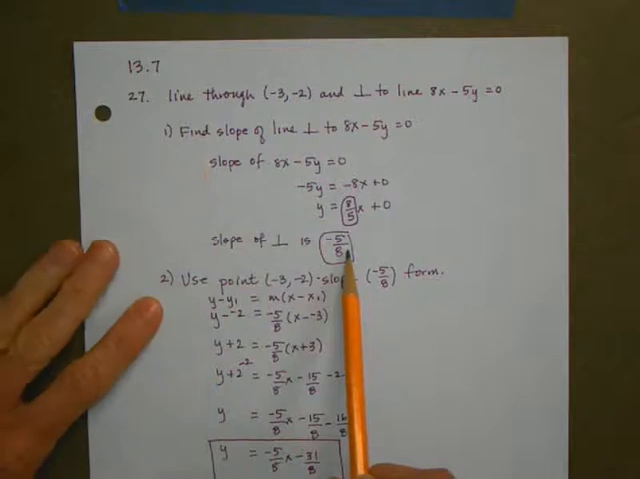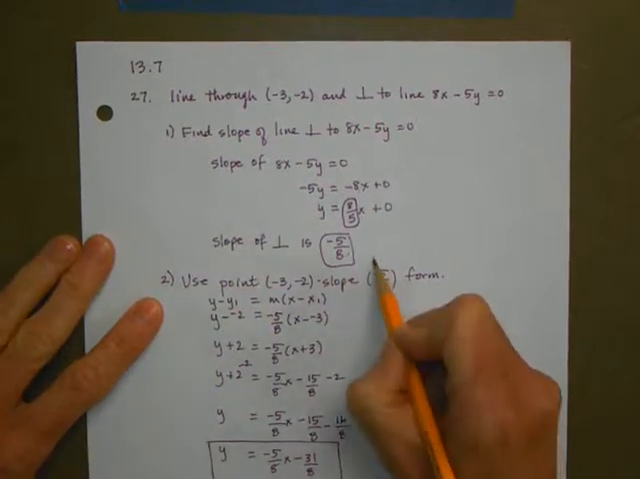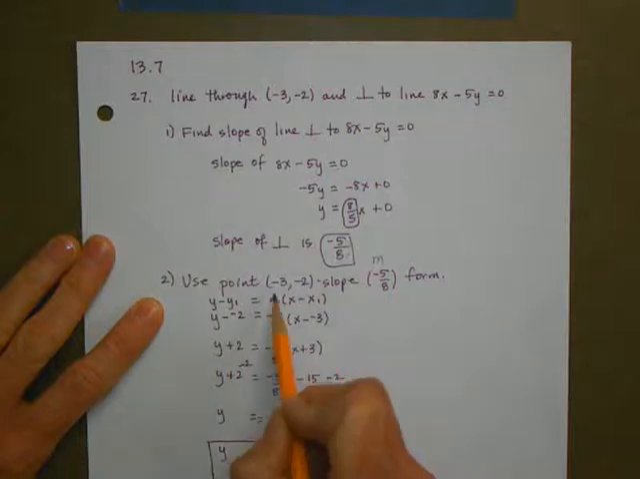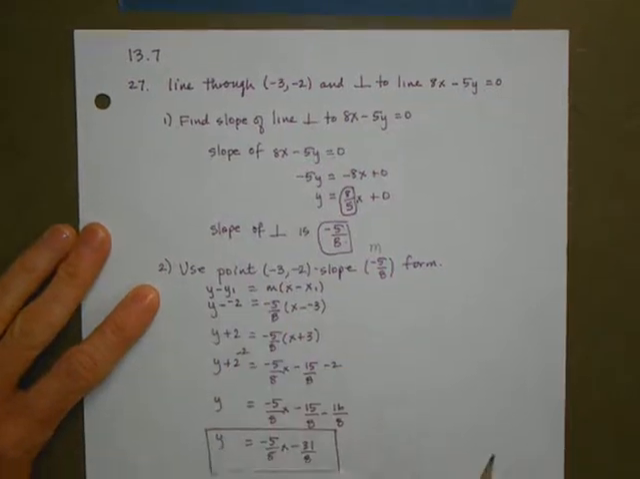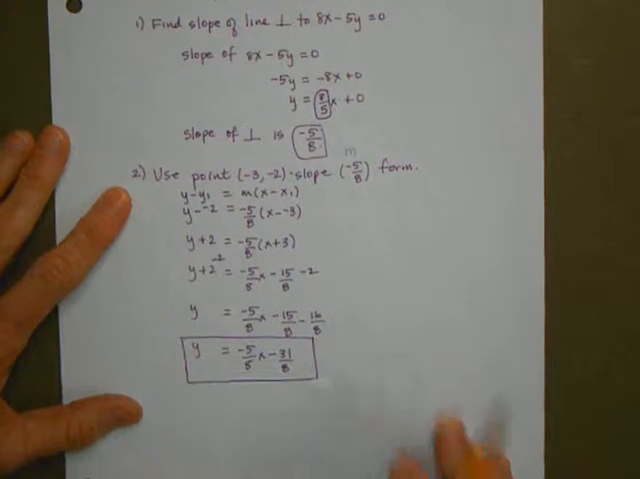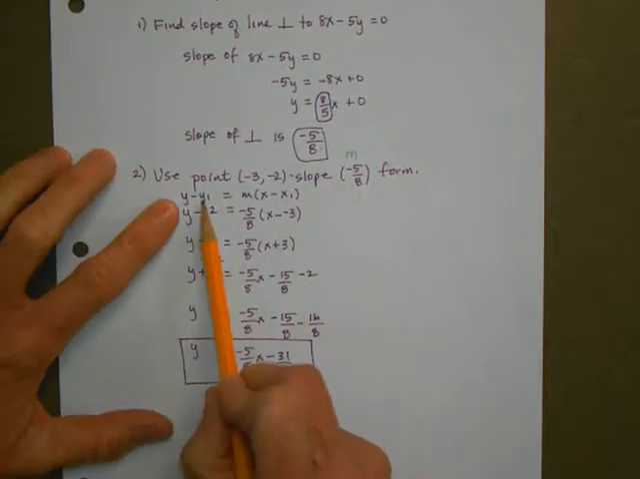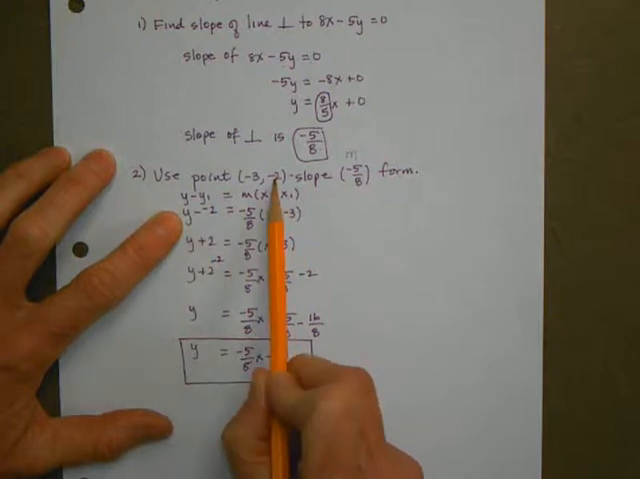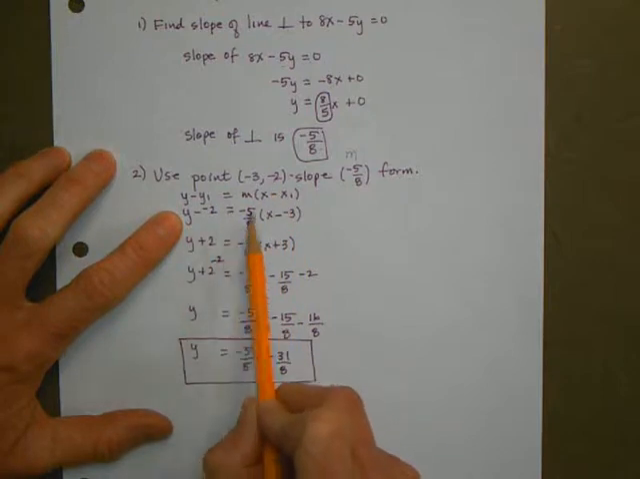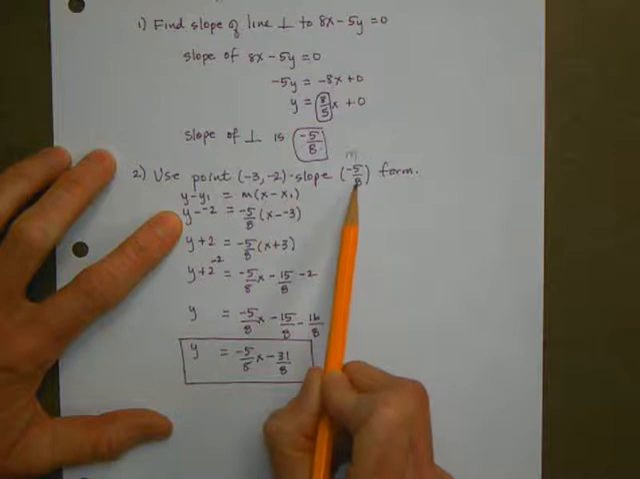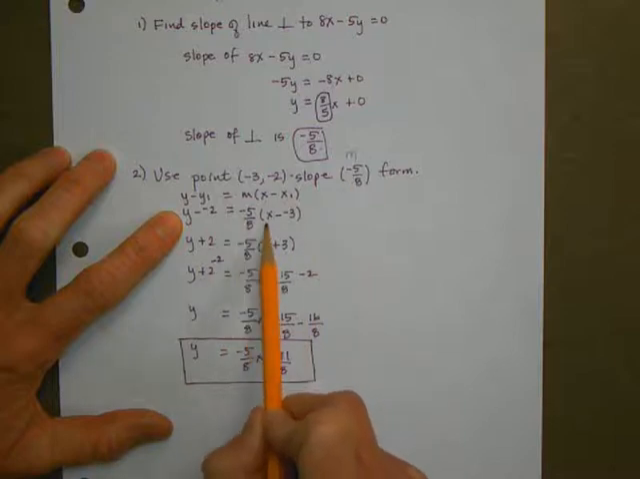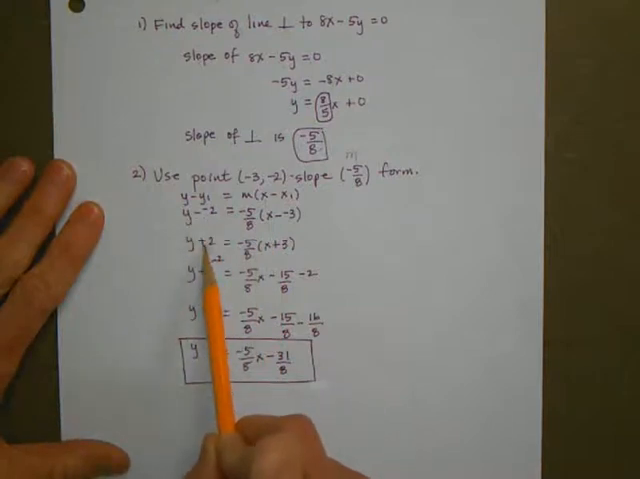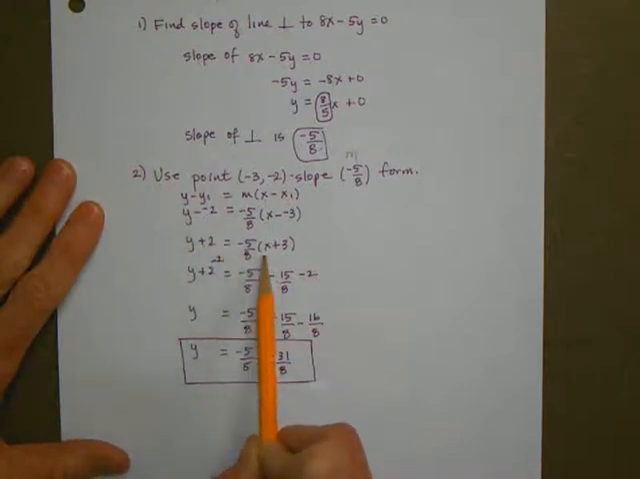So now I have a slope for the perpendicular line. It needs to be negative 5/8, and I need to use this point. So I'm going to use point slope form and just crank it out now. Y minus y1 equals m times x minus x1. Y minus a negative 2 equals m, my slope of my perpendicular line, negative 5/8 times x minus x1, negative 3. So y minus a negative 2, that's y plus 2 equals minus 5/8 times x minus a negative 3, that's